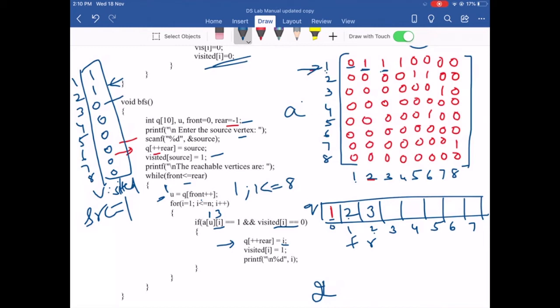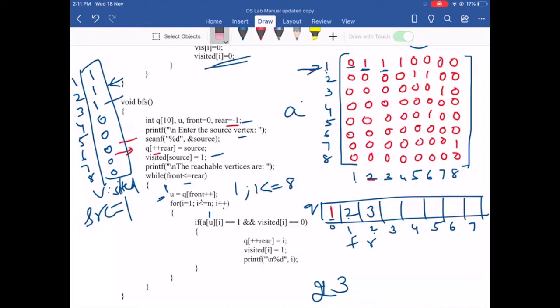We are going to continue this and check what the adjacent nodes are. So before I gets incremented, we are making the visited of 3 as 1. Since we have visited 3, the value becomes 1. Then we are printing it onto the screen. So node 3 is reachable. We are going to continue with I equal to 4.